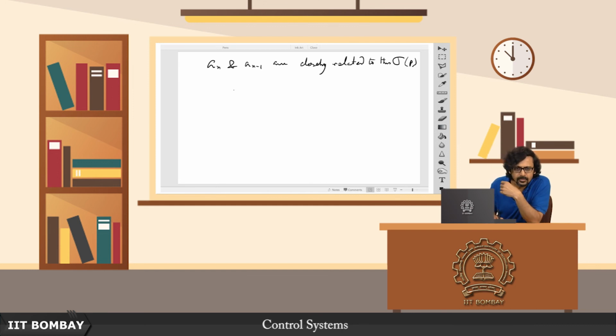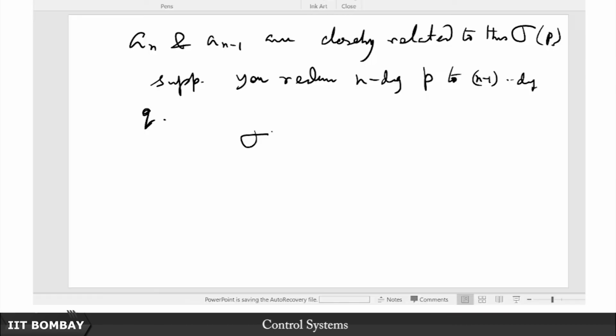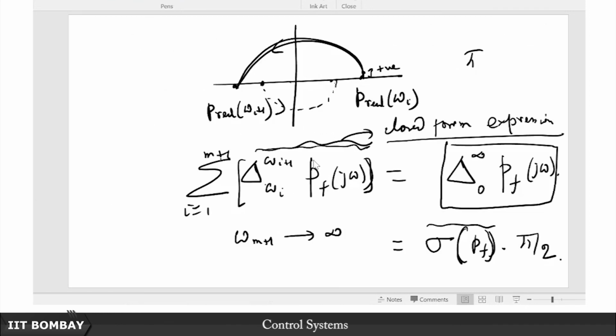Suppose you reduce a degree n polynomial p to a degree n minus 1 polynomial q. Then the signature of q minus the signature of p turns out, by this clever bookkeeping, to be